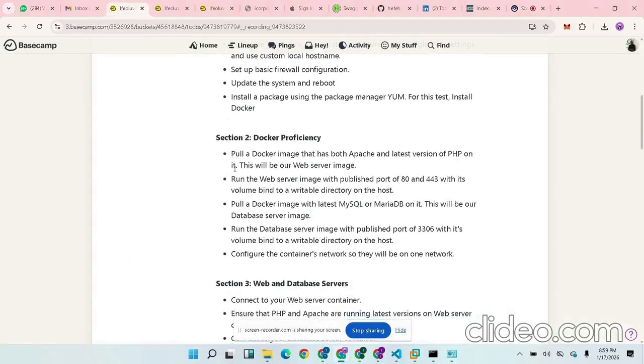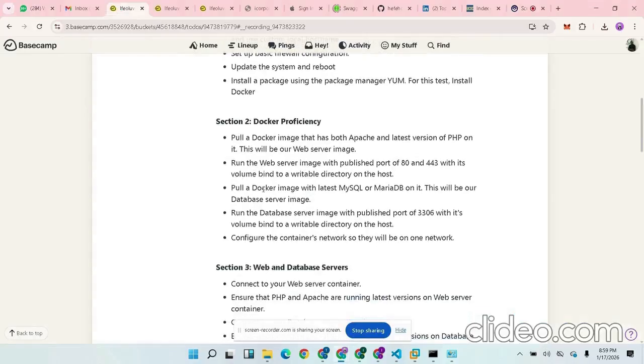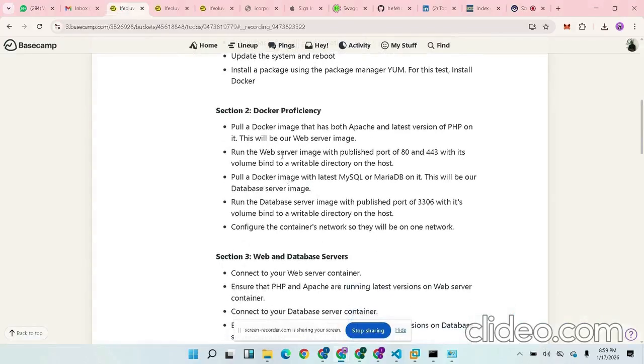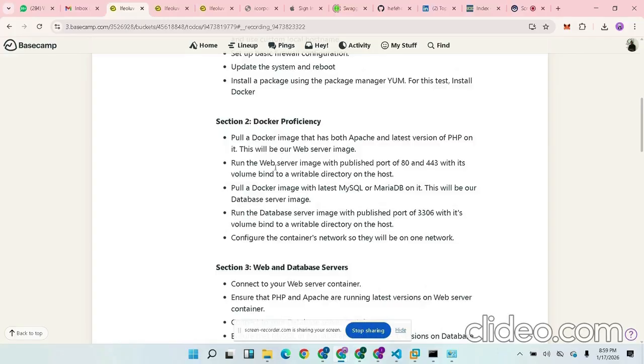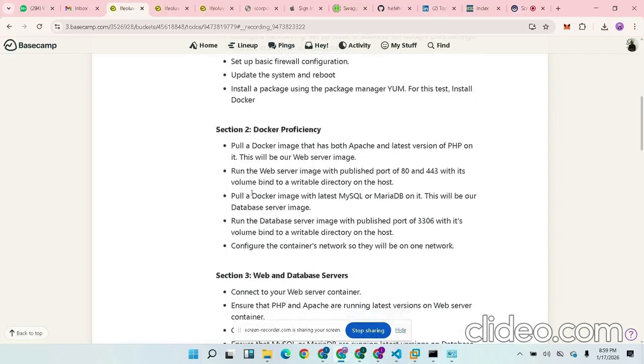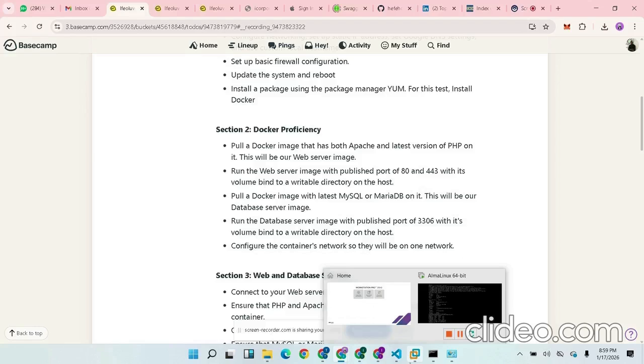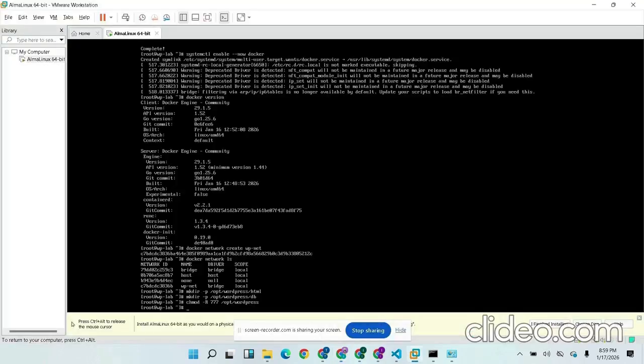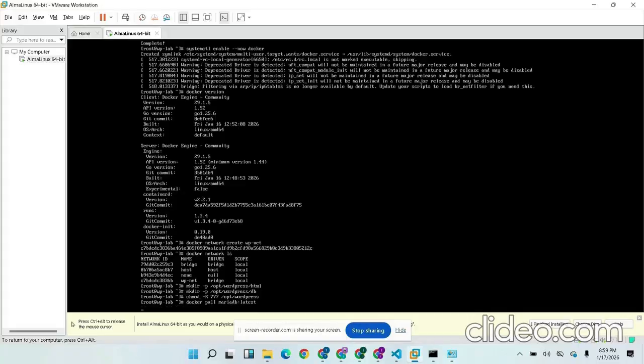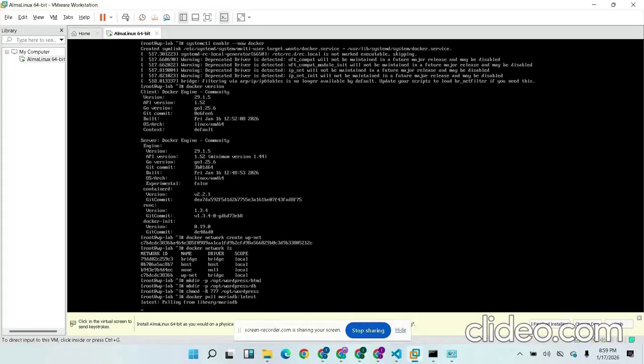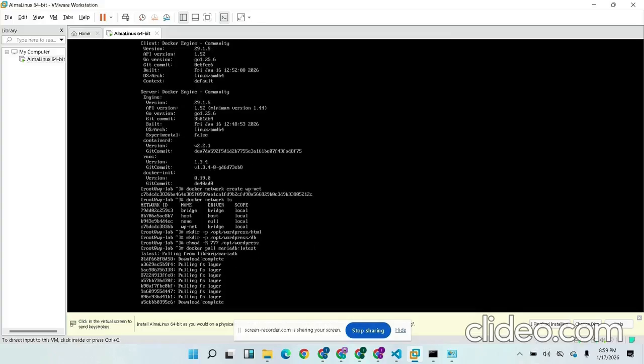So we're going to install the Docker images, from Apache and run MySQL MariaDB. Okay, so basically, I'm going to Docker pull MariaDB latest. So I'm going to put MariaDB and